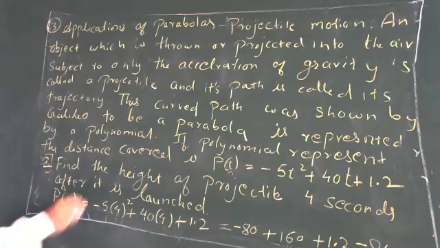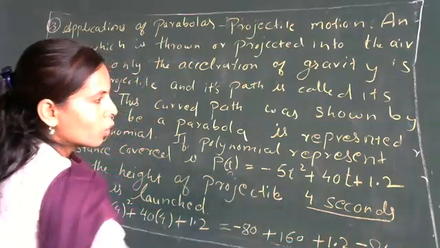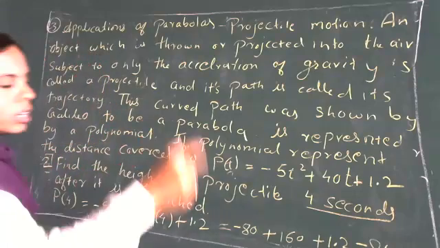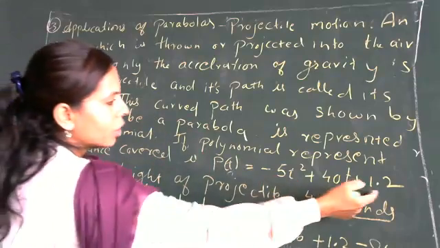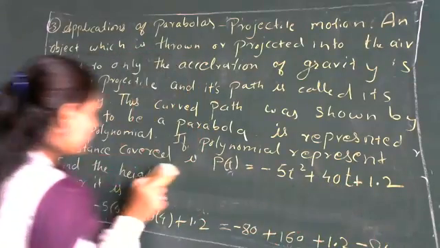See, the question is very easy. What they have mentioned is 4 seconds, and here t is nothing but time. Because when a curve occurs, it will take some time, and that time is mentioned with a polynomial. So let us see the next question.